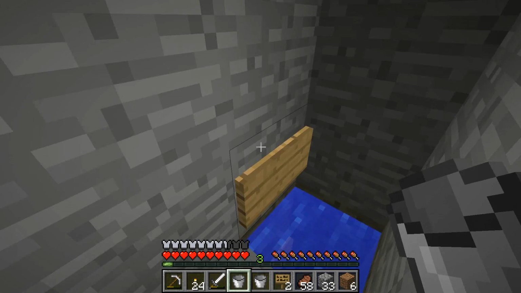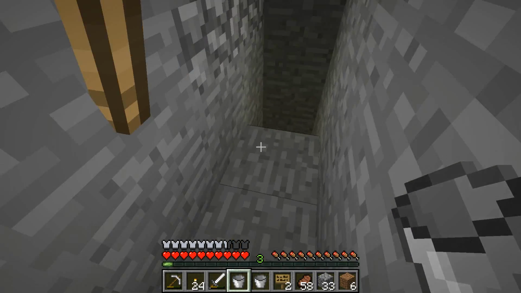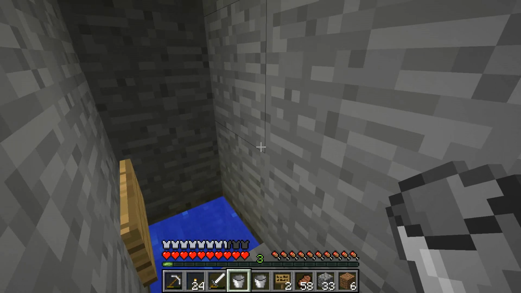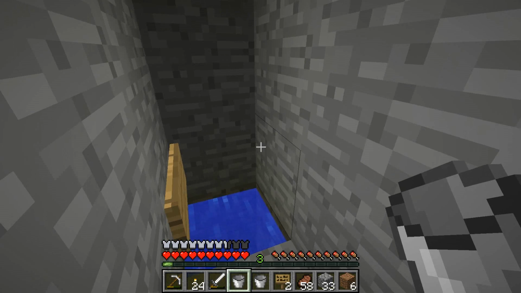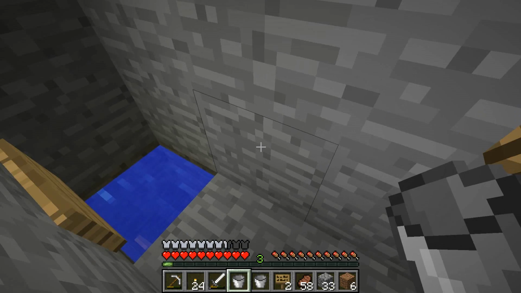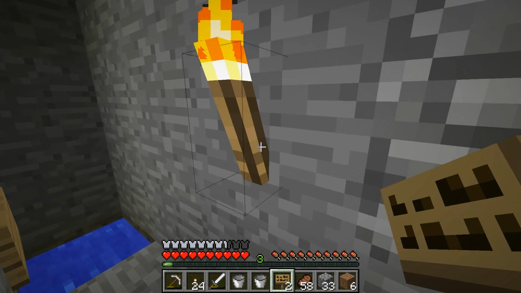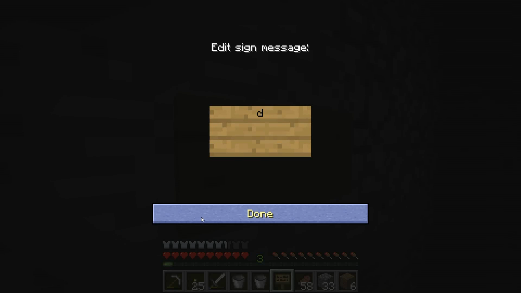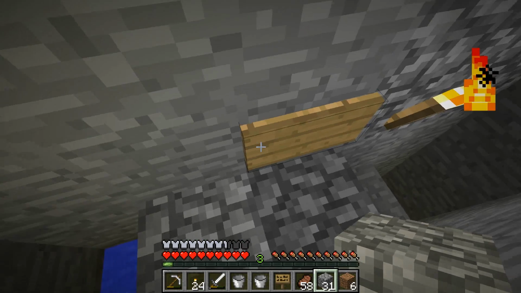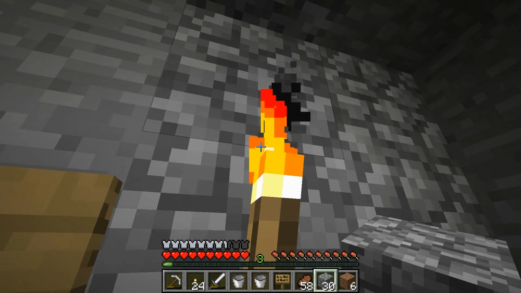Okay, we've reached the top. So now just put in one more water source, which will flow down this way. I'll have a sign here. Actually, I can do it like this. Have the water source here, and it will flow into this sign, and they'll get pushed down one block here,